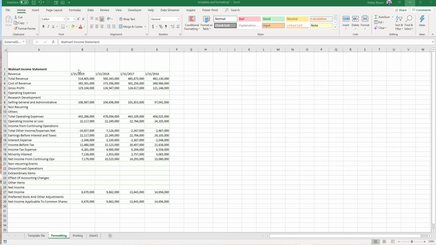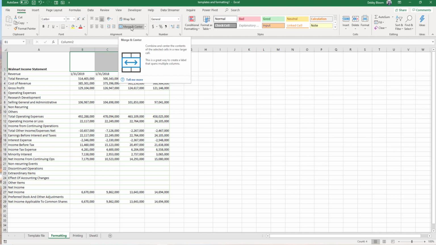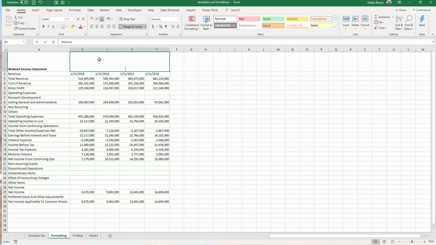So first of all, I can center the Walmart income statement across all of the columns. So to do that, I'm going to select the range B1 to E1, and then making sure I'm on the Home tab, in the alignment group, I'm going to click Merge and Center. So that makes that one cell. So now I can type Walmart, Alt Enter, income statement,